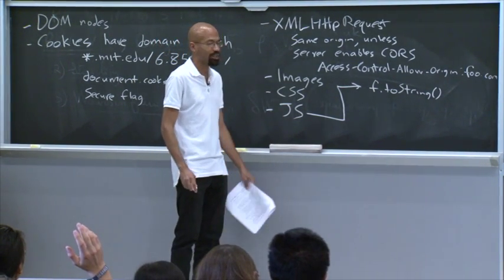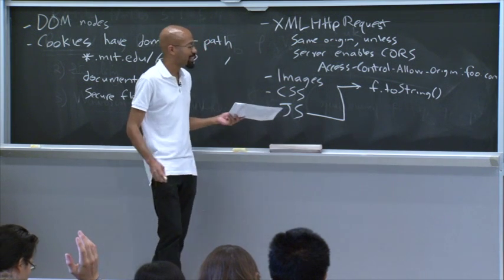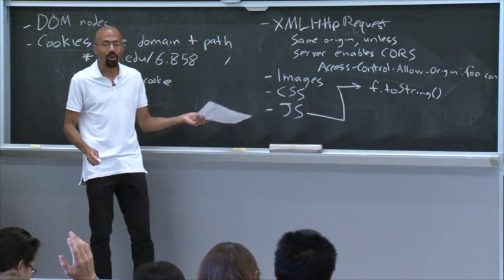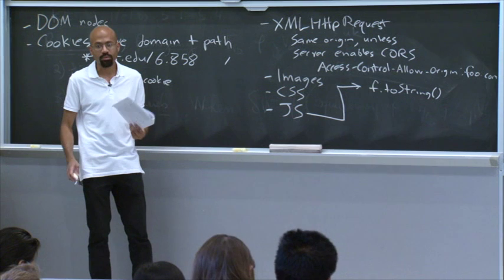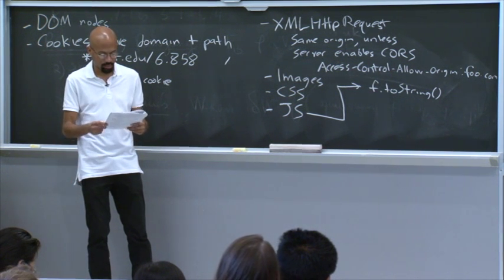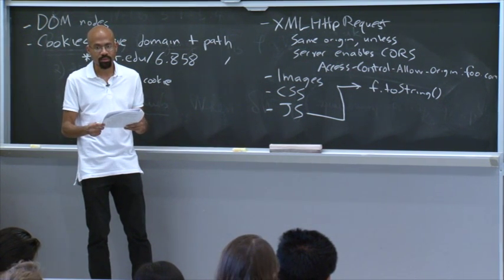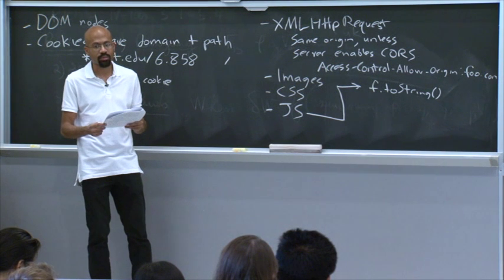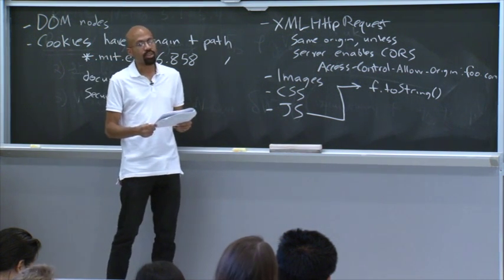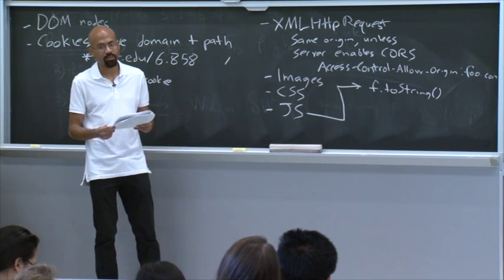Okay, so that's kind of goofy. So long story short, the same origin policies here are a bit odd. Yeah? Presumably part of the reason they do it is to prevent the user from fetching JavaScript, because then cookies will be sent as well, so you can get JavaScript that's tailored to you. Yeah. So if you get your server to fetch it for you, it won't have the user's cookies, so